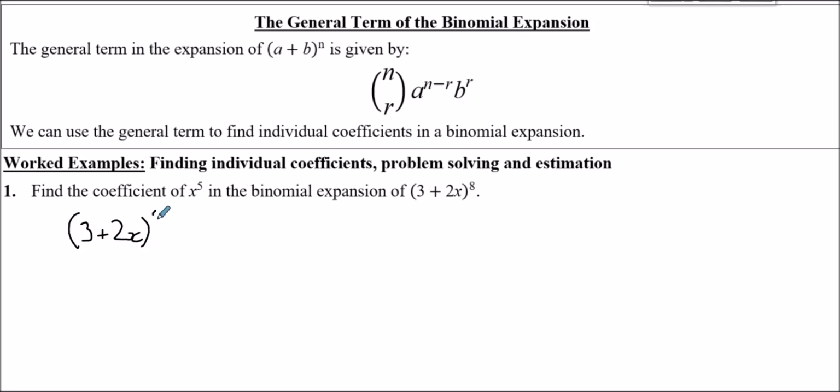So what I'd always do is do the 8 choose 0 thing first, which some teachers don't do, and I totally get why not. So 8 choose 0, then we're going to have 3 to the power 8, and the 2x term